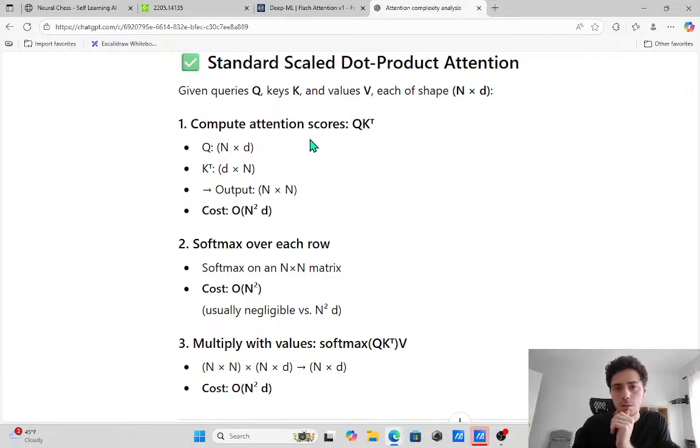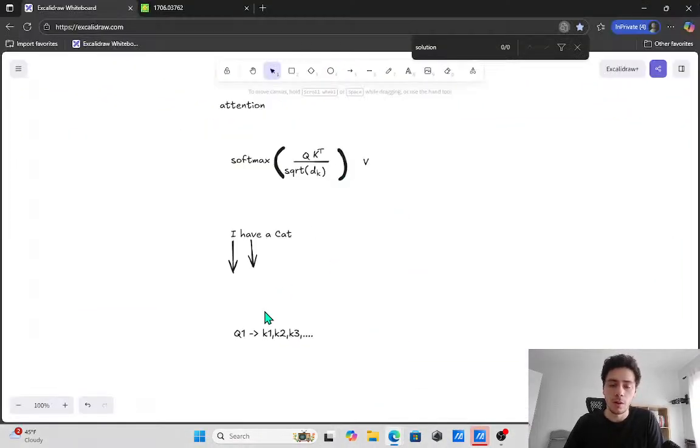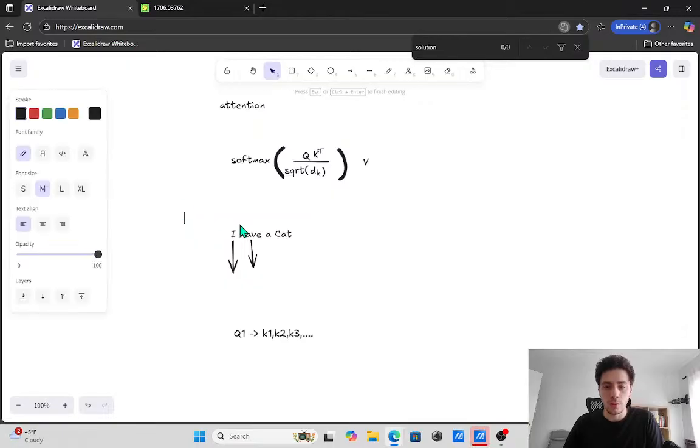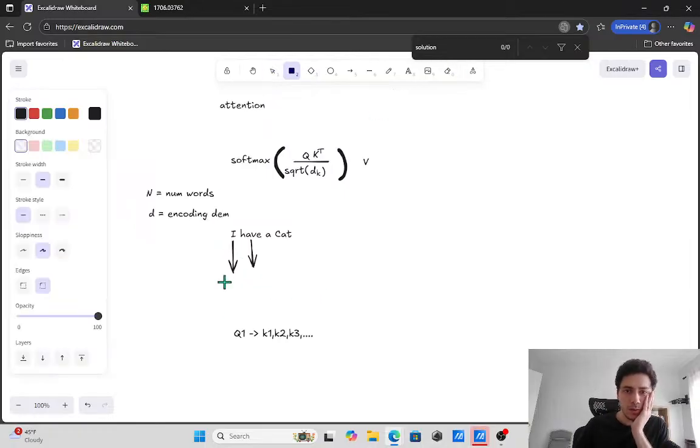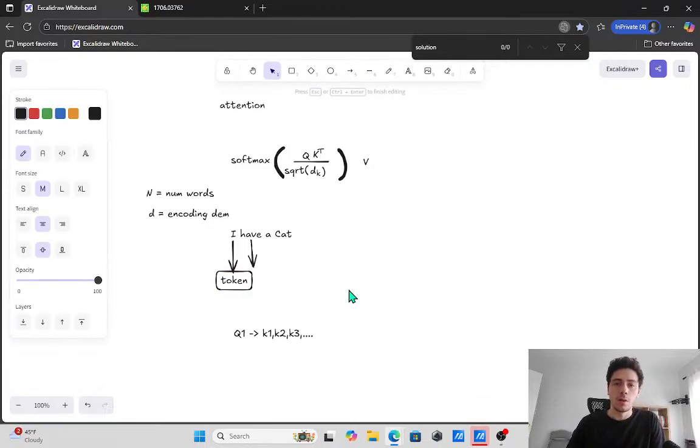So n is the number of words, I'm assuming, and d is the dimension of the encoding. So n equals number of words, d equals encoding dimension. So encoding dimension is basically, each one of these goes into a token, and then from the token